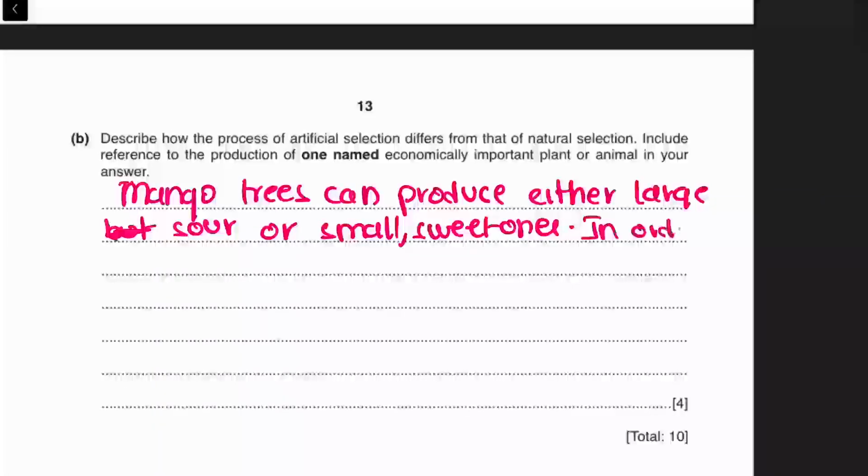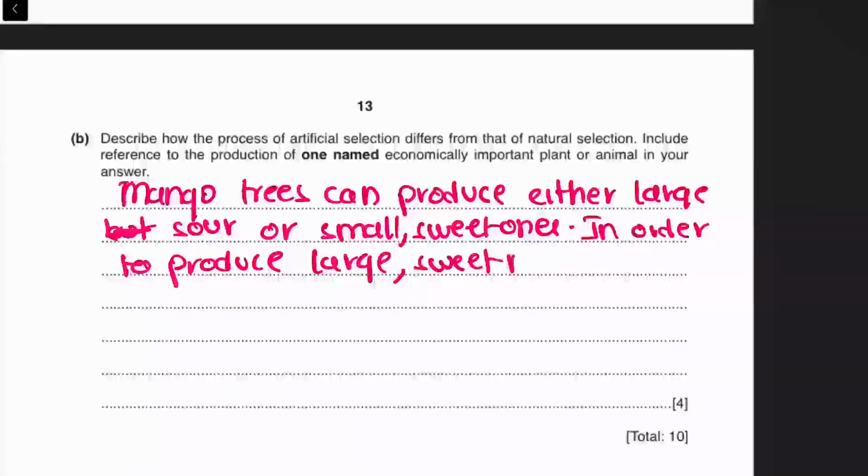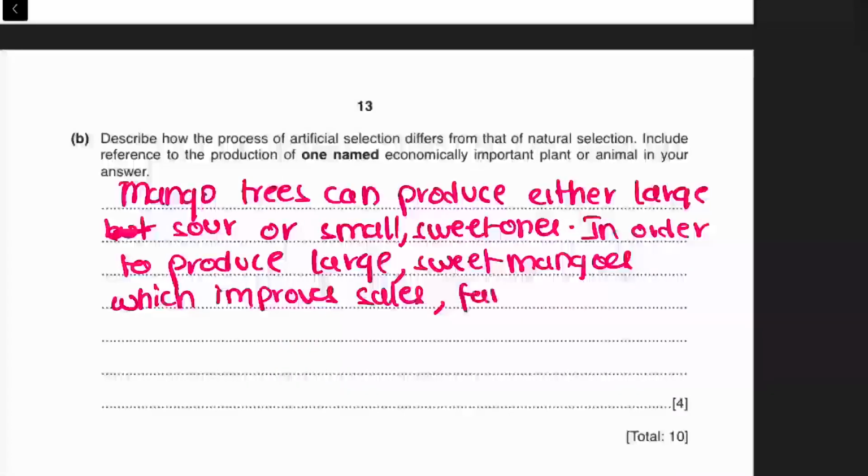In order to produce large sweet mangoes, which improves sales, farmers